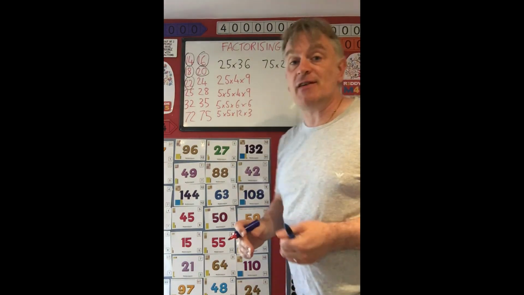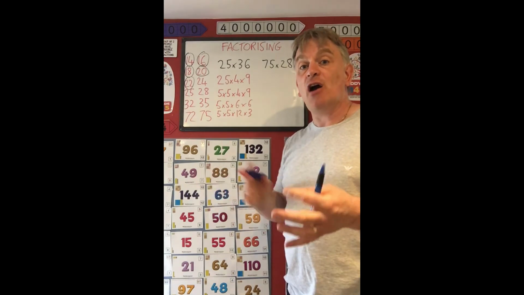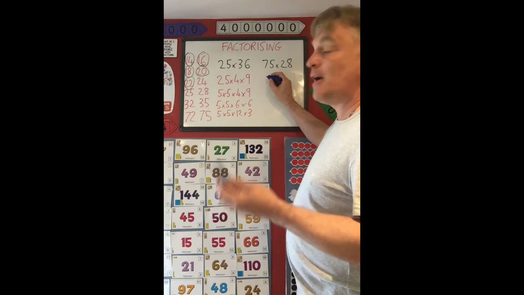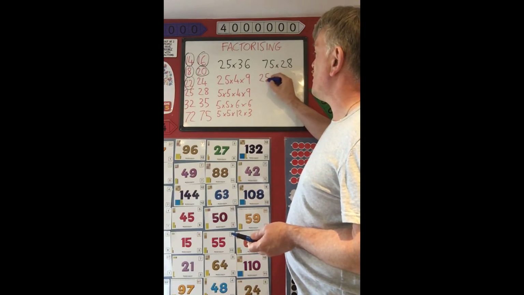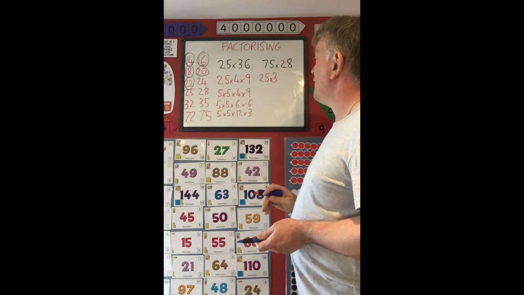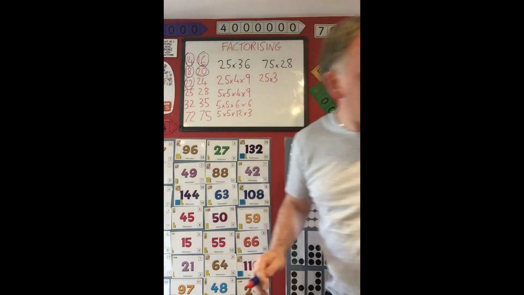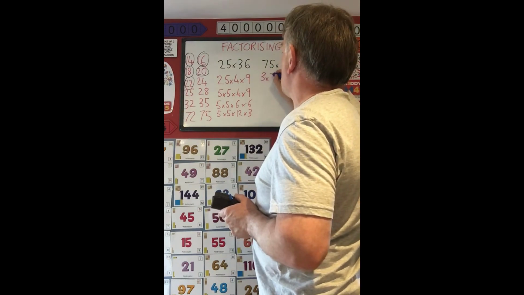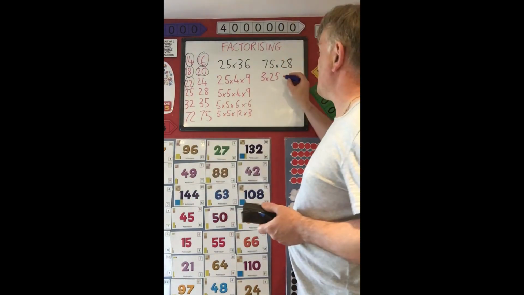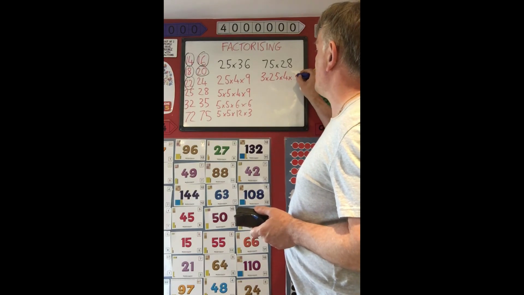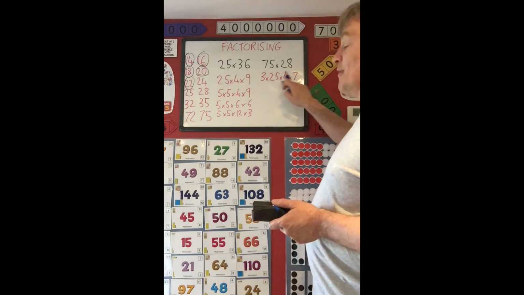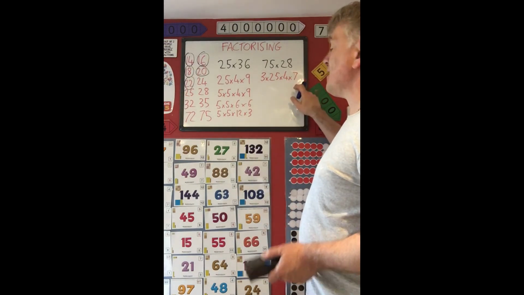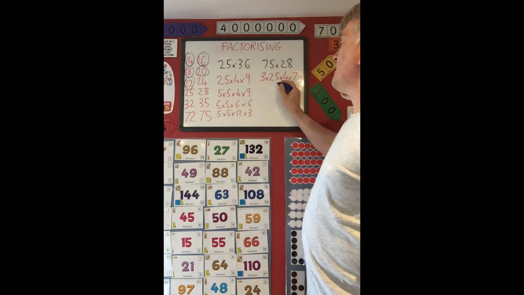Let's now look at 75 multiplied by 28. Again, a range of different ways. We could do 75 times 28. We could start off by making 25 multiplied by 3. In fact, I'm going to rewrite that slightly differently. Just let me change that one. I'm going to make it 3 multiplied by 25, and I'm going to make my 28 4 multiplied by 7. At that point, you can see what I've got again in the middle. 25 times 4 is 100, 100 times 7 is 700, and 700 times 3 is